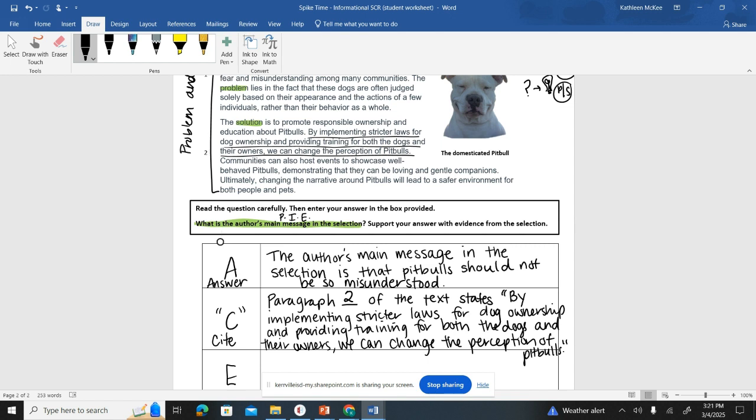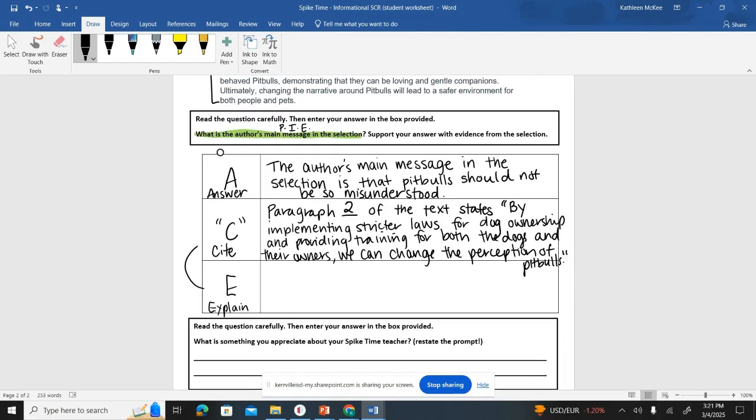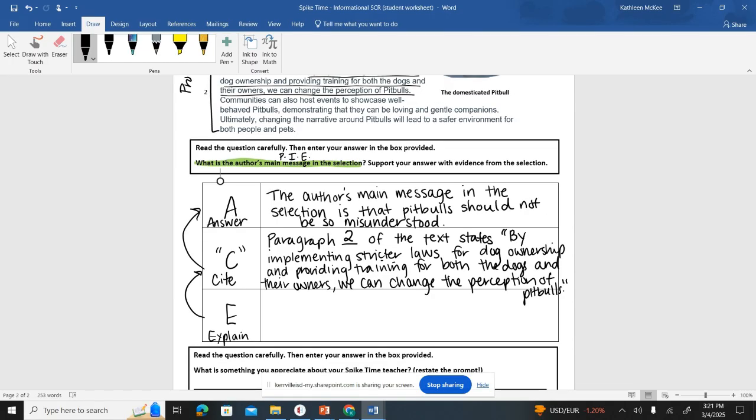Now, the hardest part as a teacher to teach for me is the explain. And I know that students really struggle with that too. So when you think of the explain, think of this as your final opportunity to show how the quote that you chose proves your answer. You're explaining how your cite proves your answer. There are multiple sentence starters we've given students to help them: "This proves," or "This quote shows," or "The author uses blank to blank." To keep things simple, we could do, "In this quote,"